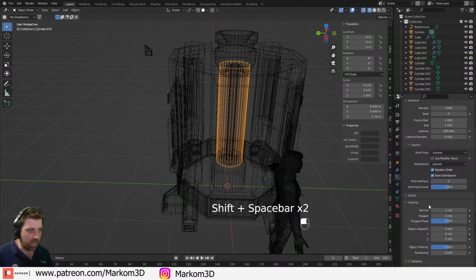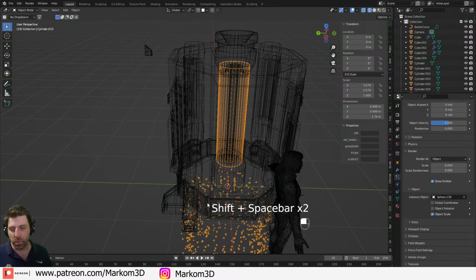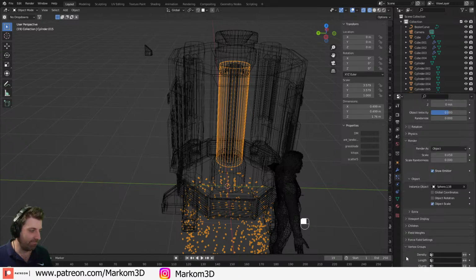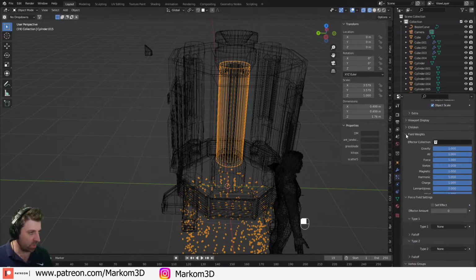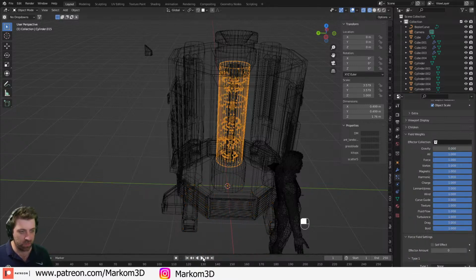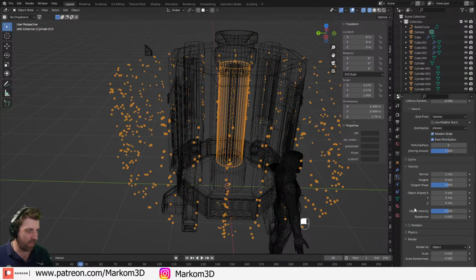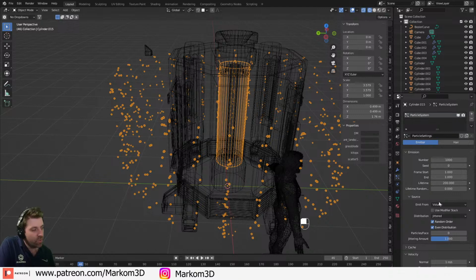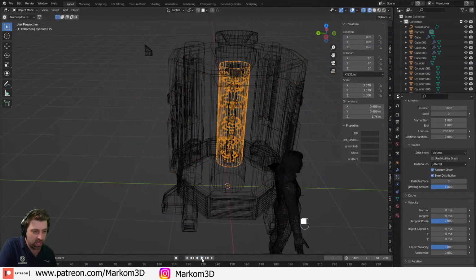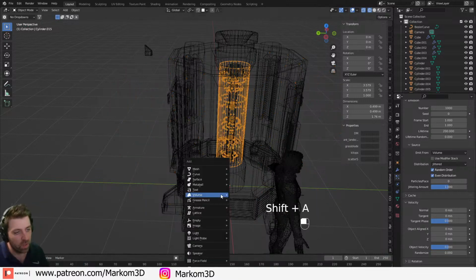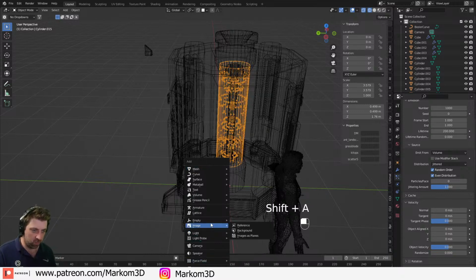Okie dokie. The next thing is, obviously as you can see, all the particles kind of just fall down. Yeah, I don't want to be playing with that on live stream because I am going to look like a donkey. Let's come over into field weights. Gravity will turn off. So that means that they go like that. From here, the normal is 0. So technically, these should just spawn. Nothing happens. From here, let's go into a force